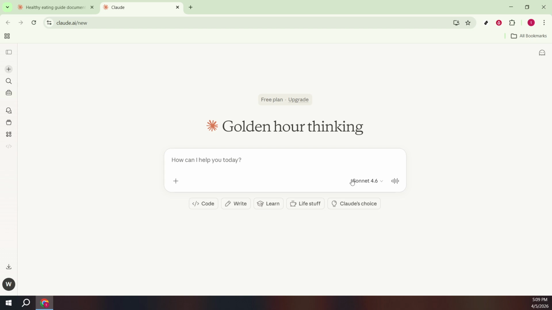Once the page loads, click the plus sign to start a new chat. That button creates a blank workspace where you can set the tone and structure of your document right from the first prompt. Beginning clean is especially helpful when you plan to produce a PDF, because consistent spacing and headings are